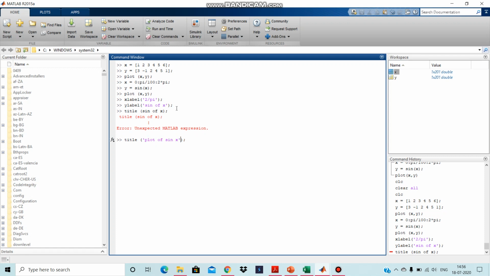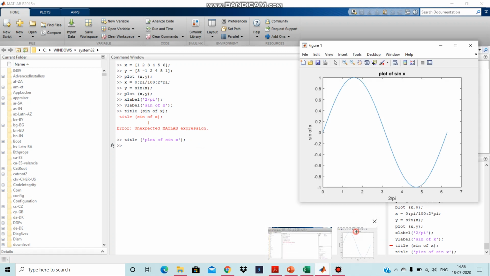If you press enter, then we can see in this graph there is sin of x, there is 2 pi, and plot of sin x. So these are the labels. This is the y label, this is the x label, and this is the title of the plot. So this way you can do it. We'll stop here. Now we will continue in the next section.